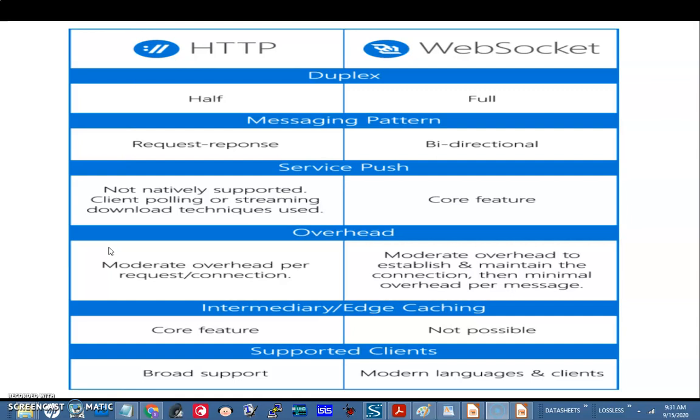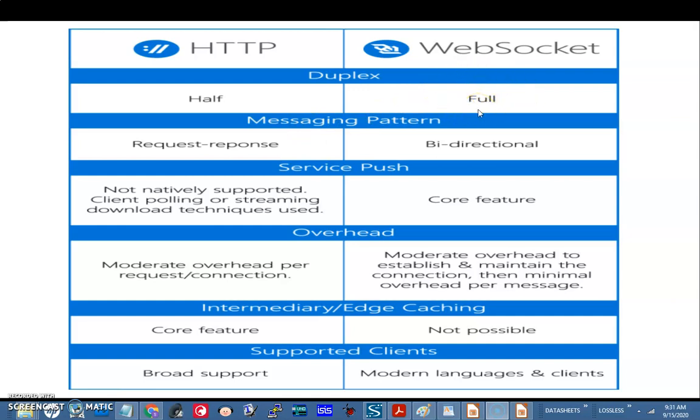So let us have a quick comparison between HTTP and WebSocket. This WebSocket implementation is a lightweight version of HTTP with more added features. You can spend some time on this slide and understand what they are, and I will quickly tell you the main highlights. First thing is it's a full duplex communication.